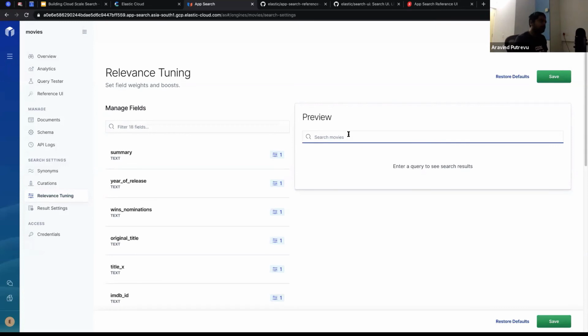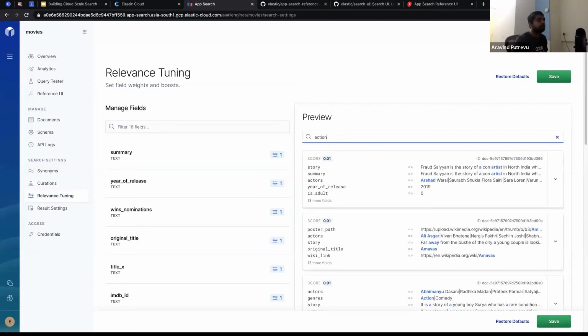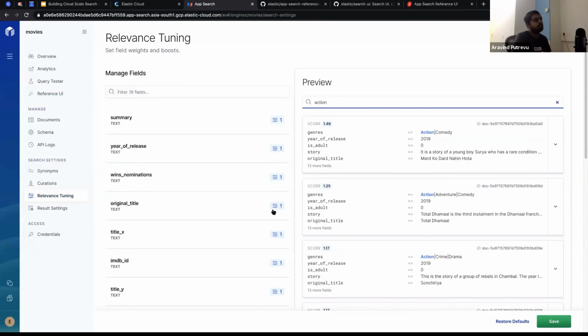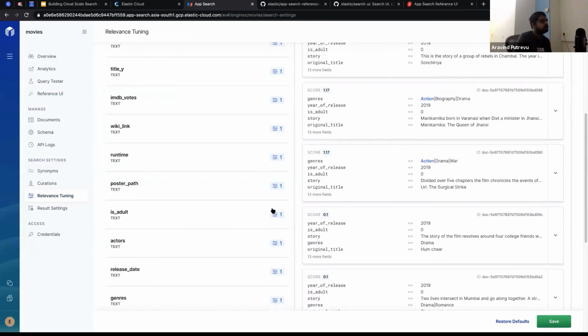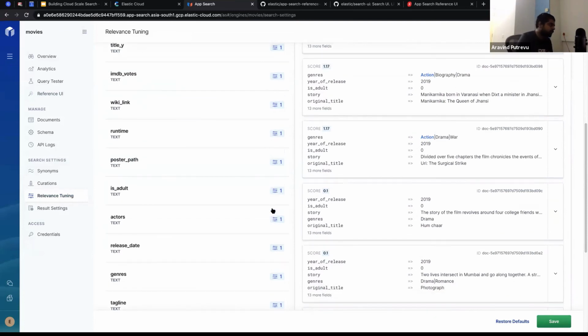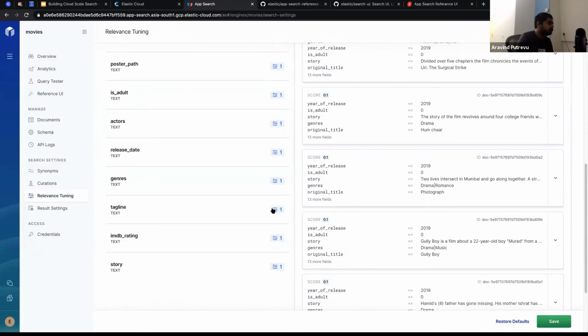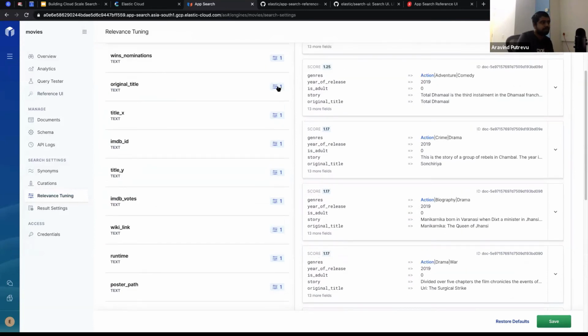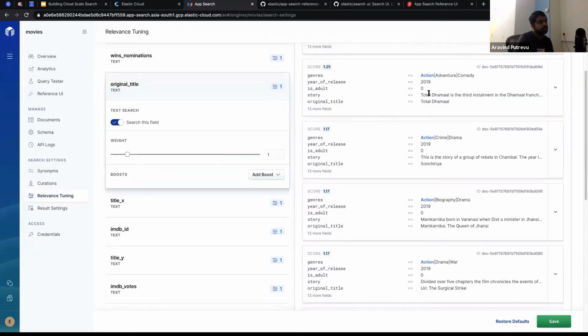Say, let me choose something different, action. So I typed "action." It's showing the genre because it's the generic setting. Now everything is one here. It's equally weighted at this point, but I want to give more preference to the title rather than the genre.